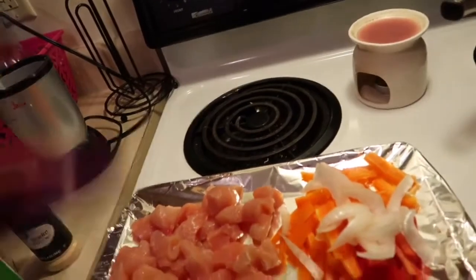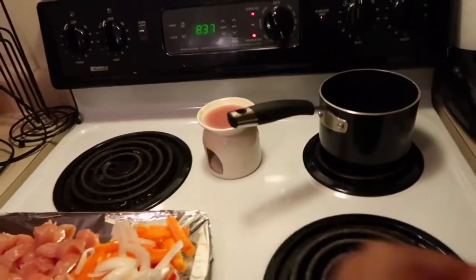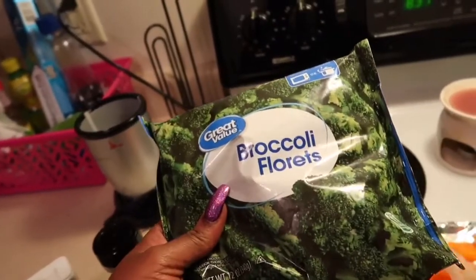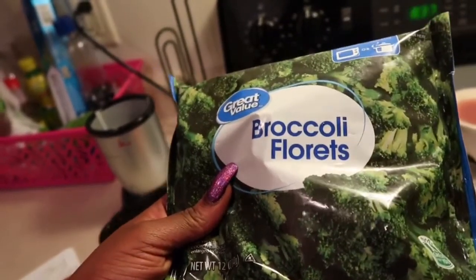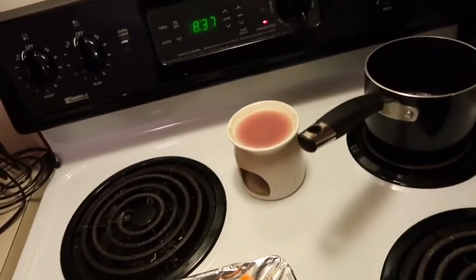So what I'm about to do, and usually I would use fresh, but I didn't feel like going to the store and I was being lazy. So I do have a pack of frozen broccoli. Like I said, I prefer to do fresh. I would suggest to y'all to use fresh. I mean, it's not expensive, but this is what I had. I didn't feel like going to the store. And then I also have some